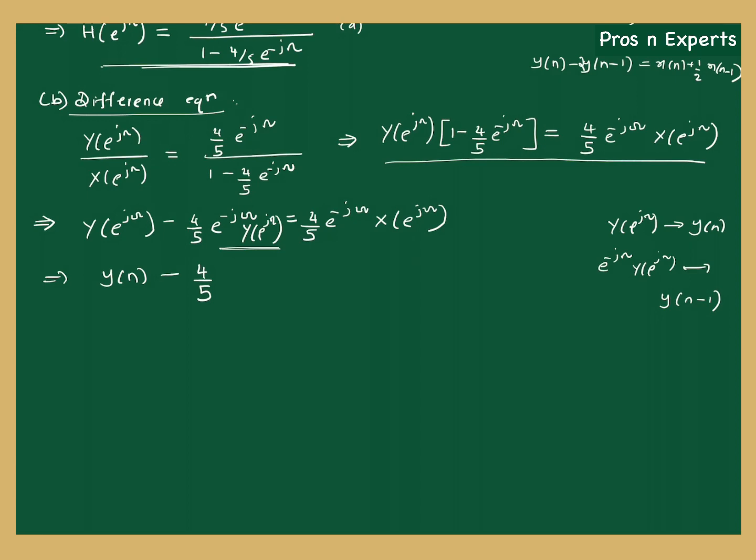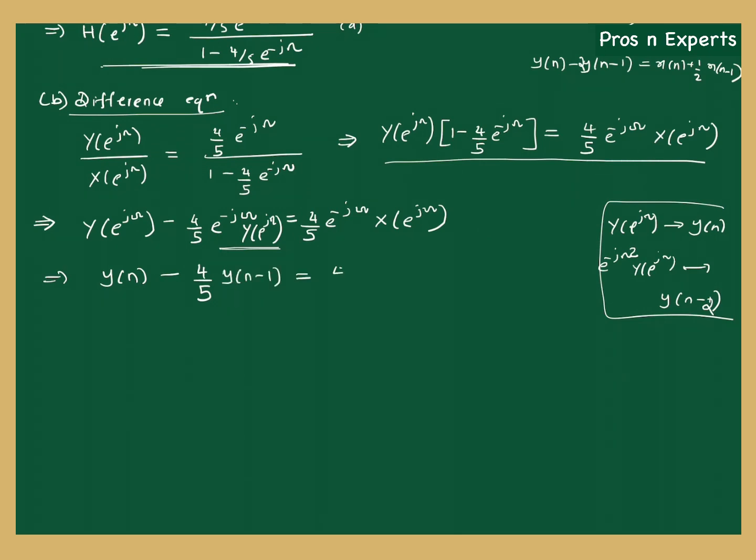Time shift property means when you are shifting one unit in time, you have to multiply with an exponential, e^(-jω). If at all it was y[n-2], then e^(-jω·2). That is the only difference. So with respect to this result, I can write it as 4/5 into y[n-1]